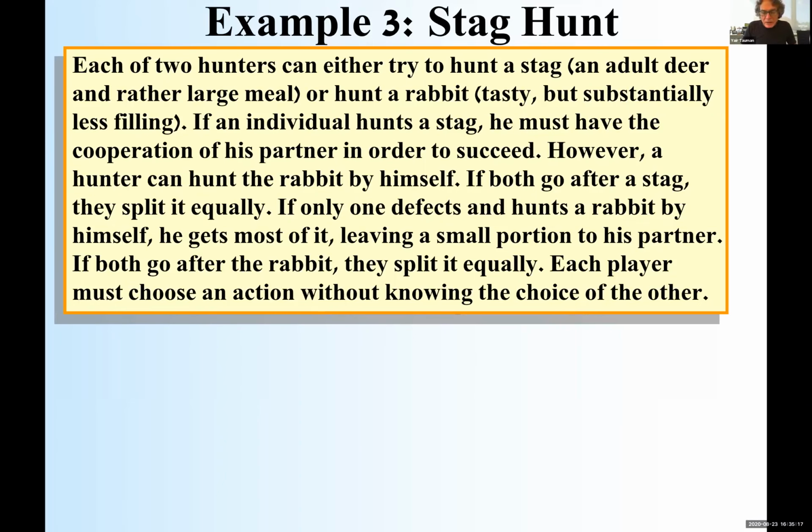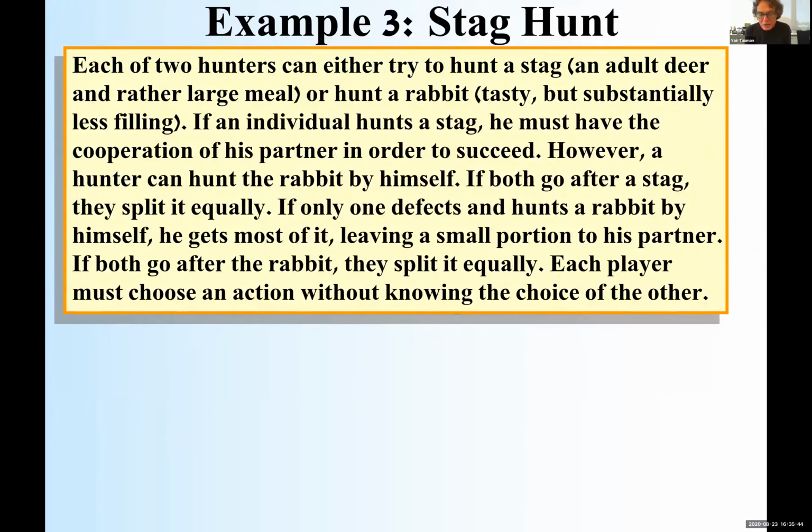However, a hunter can hunt the rabbit by himself. Now, if both go after a stag, they split it equally and they enjoy the same amount. Let's say if we're talking about 8 pounds, each gets 4 pounds of the stag meat. If only one defects and hunts a rabbit by himself, leaving, by the way, his partner going after the stag